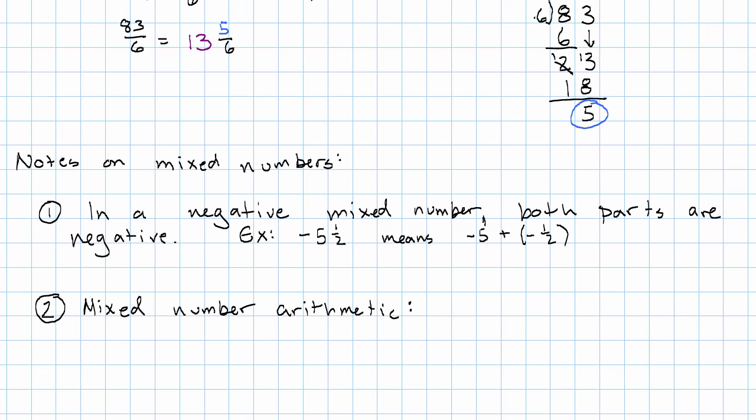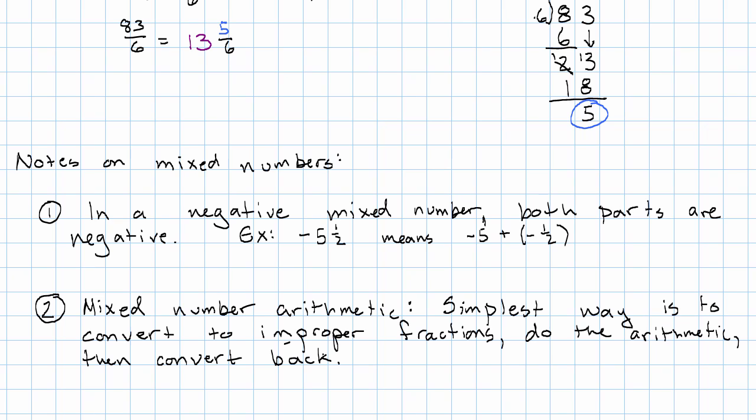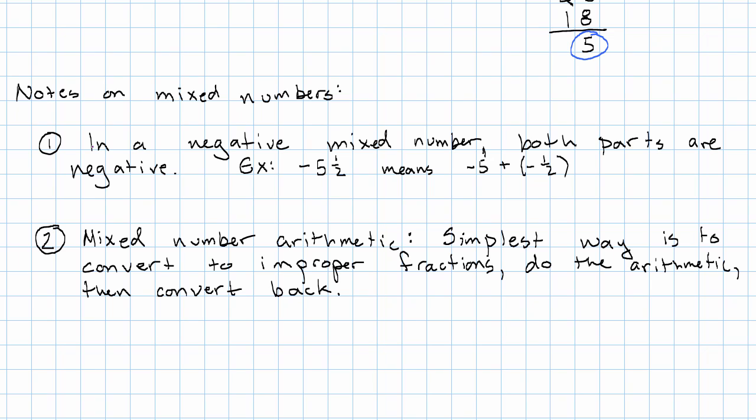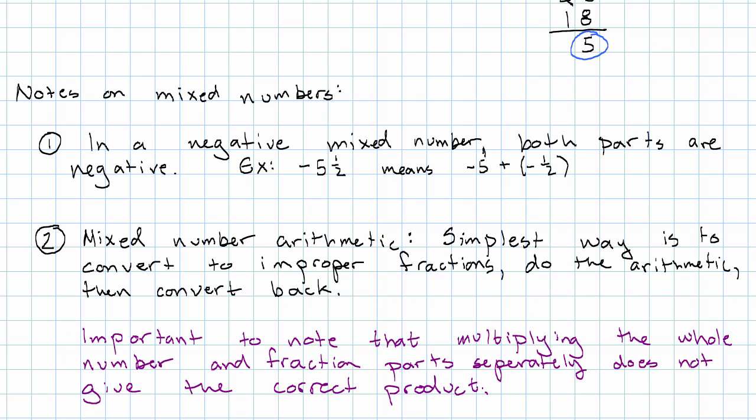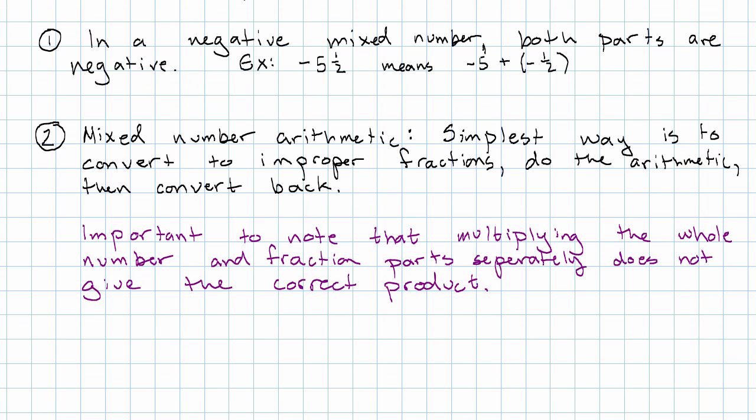The simplest way to perform arithmetic on mixed numbers is to convert to improper fractions, do the arithmetic, and then convert back. It's especially important that multiplying the whole number part and multiplying the fraction part separately does not give the correct product. So for example, if I have 1 1/2 times 1 1/2,